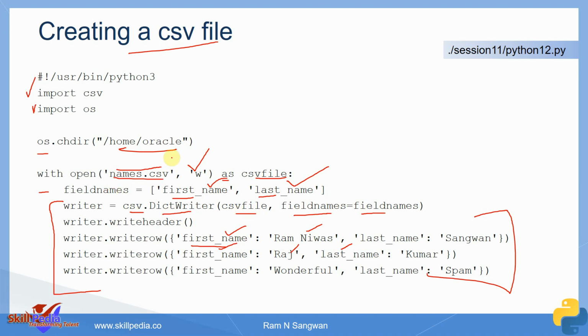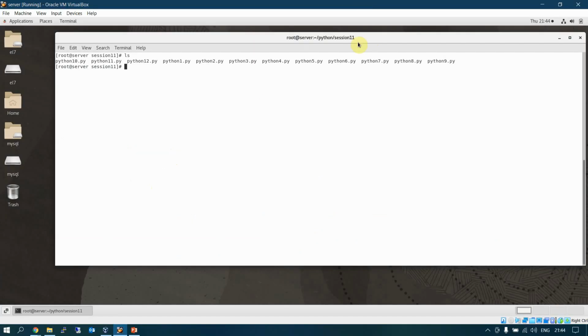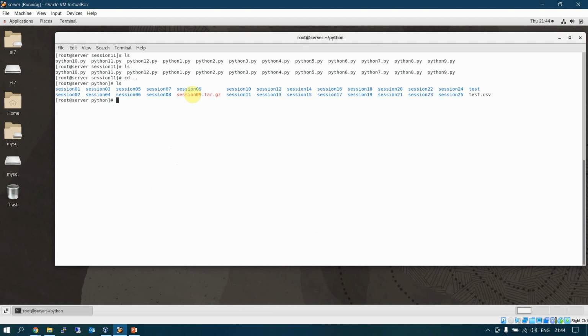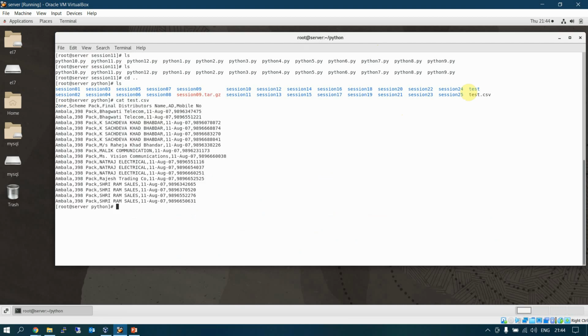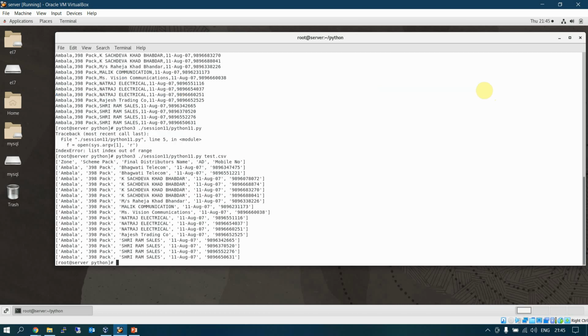So this is going to be very interesting and important for us throughout, because we will be dealing with CSV data. You see all the programs here, Python 11, Python 12, right? And I executed this from this directory. You see the test.csv file here. There was one file. What is there in test.csv? This was created actually, test.csv. I want to read all these records, and that was program number 11 if I am not wrong. So I am passing this file name and it will read all the data.